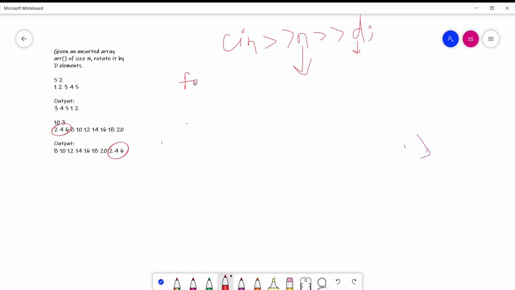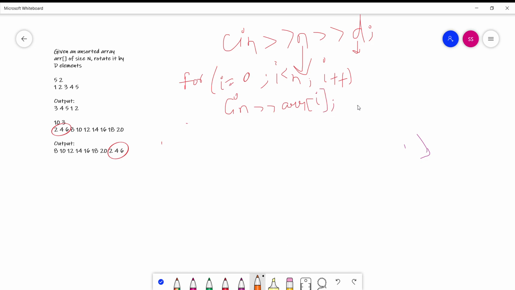For applying the for loop, I is equal to 0, I is less than n, I plus plus and cin ARR of I. This statement cin ARR of I will take the value of each element of the given array.